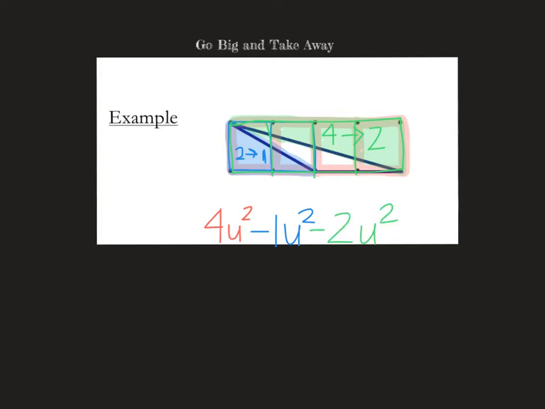So again, I started with the entire red rectangle because that's the rectangle that the triangle is part of. Then I subtracted this blue triangle, which was 1 unit. And then I subtracted the green triangle, which is 2 units squared. And then, voila, what am I left with? I'm just left with this little sliver of a triangle, which 4 minus 1 minus 2 gives me 1 unit